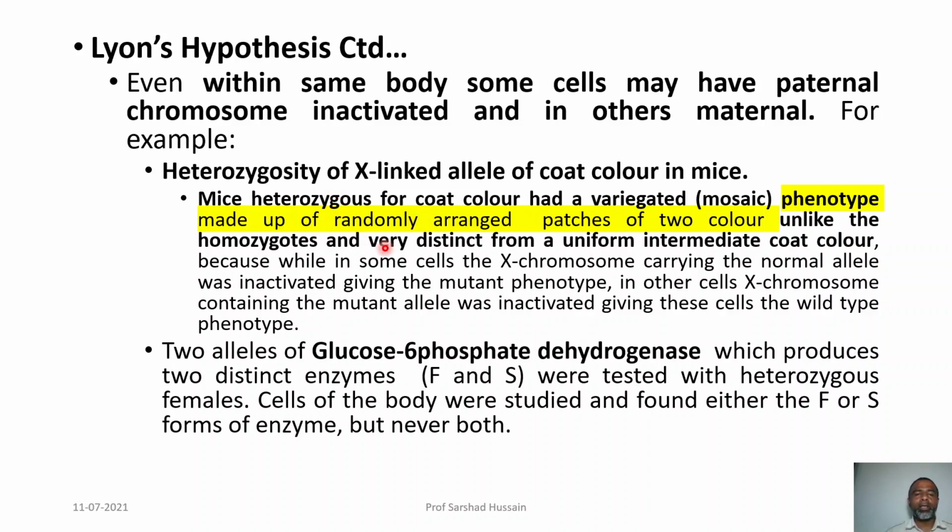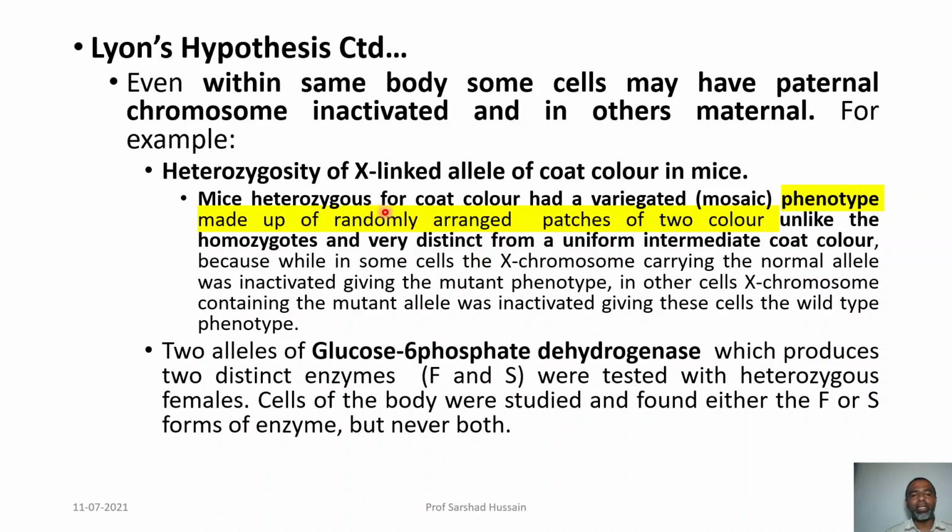So, it will have either one type of color or the other type of color. But in the heterozygous condition, if one is dominant, only one must be shown, but here you can see both the colors are shown. And moreover, you must not confuse it with the chromosome with alleles which are co-dominant. That means, if one X chromosome is having the normal allele, the other is having the mutant allele. So, that does not mean that if both the alleles, mutant as well as normal, are co-dominant, then both can express. But when the expression of both is co-dominant, then the pattern must be uniform.